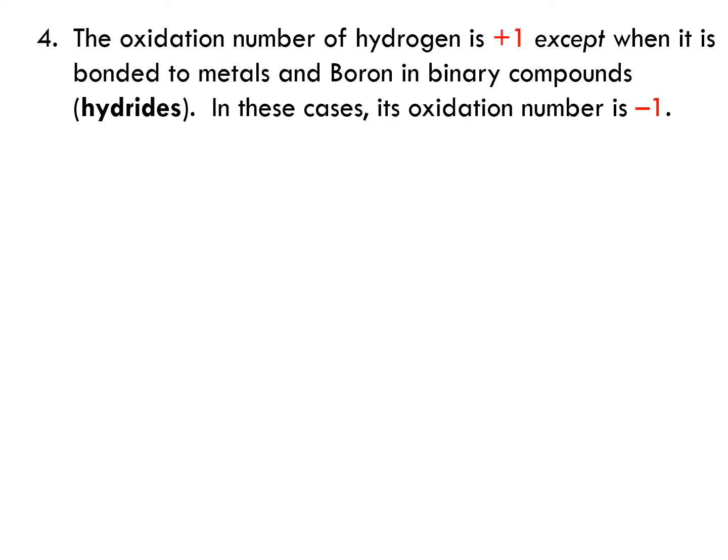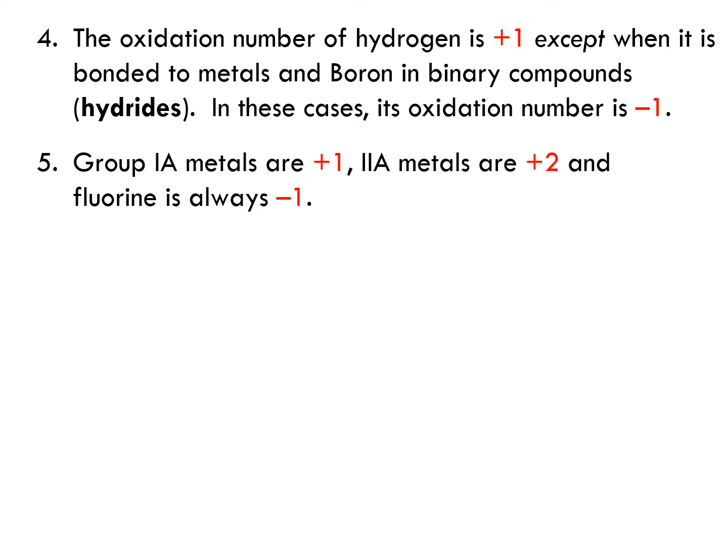Same for hydrogen. The vast majority of the time, hydrogen's oxidation number is +1, like we saw for water. The only exception is where it is bonded to metals, for example, in which case it's -1. In group 1, where you have sodium, potassium, lithium, and so forth, for the same reason why they form cations with one charge, their oxidation number is +1. Same for group 2, where they form cations with 2 positive charges, therefore their oxidation number is +2.